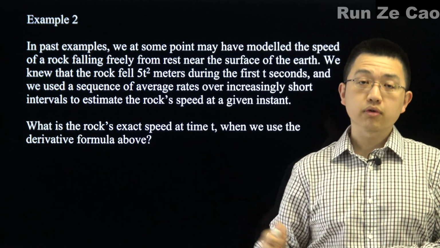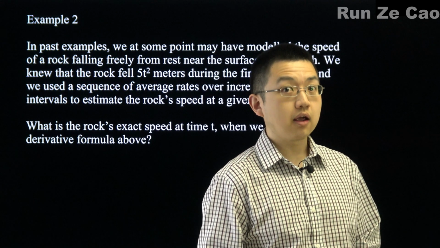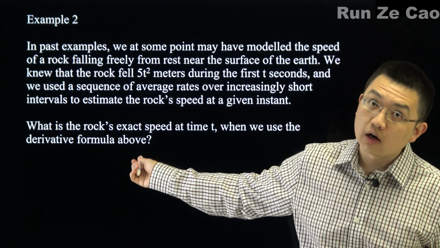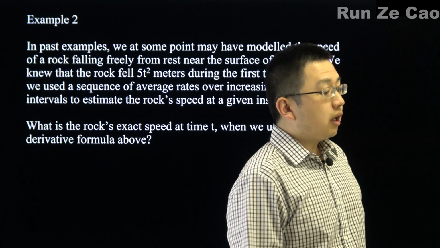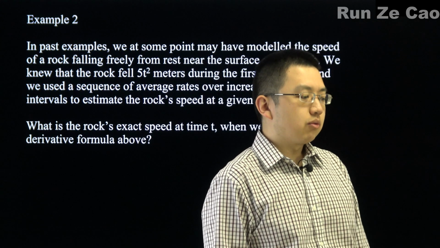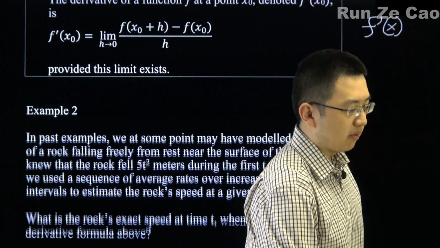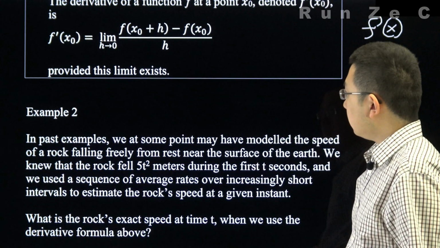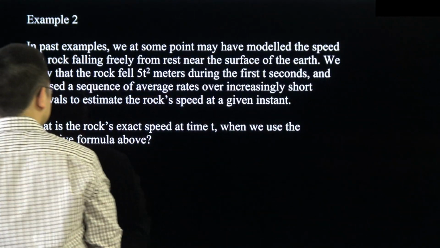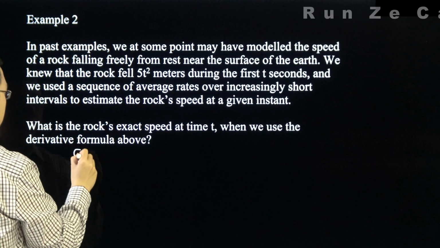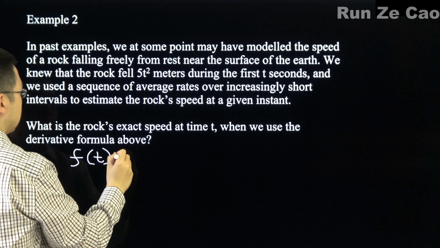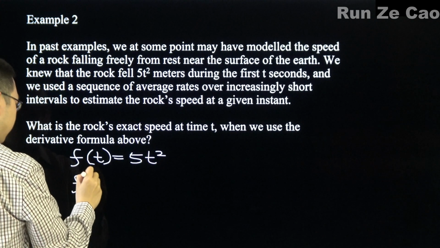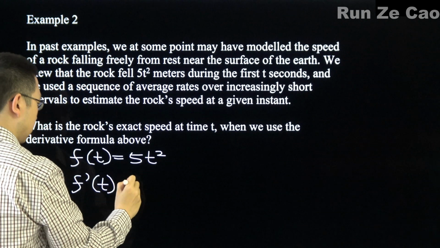Okay, but if we hold this approximation to be true, we used a sequence of average rates over increasingly short intervals to estimate the rock's speed at a given instant. Well, we probably did that in previous examples at some point in, say, homework or class exercises, because this is a very common type of problem. Well, what is the rock's exact speed at time t when we use the derivative formula above? So, this thing. Well, f of t is equal to 5t squared. F prime of t is equal to